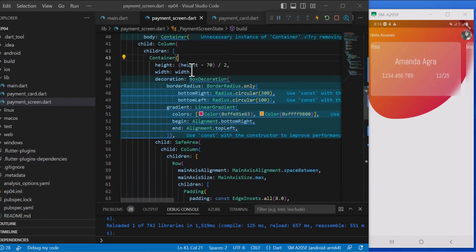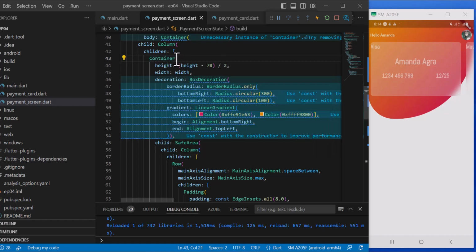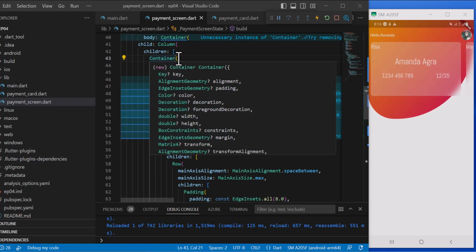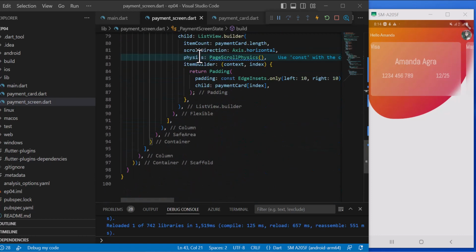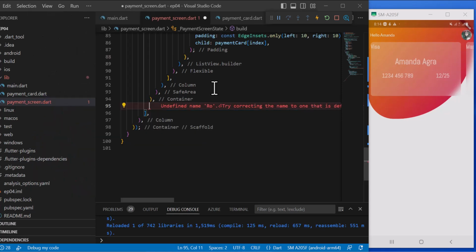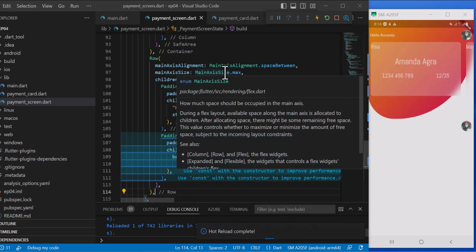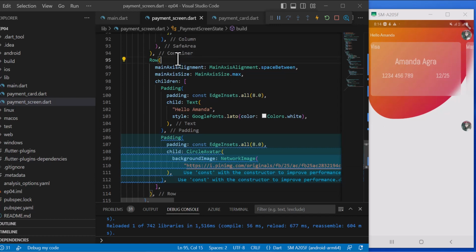Here we are using a column, and the top part in the start point is a container. So I click this widget, and I can find out the boundary of that container, and I'm creating another row. I copied